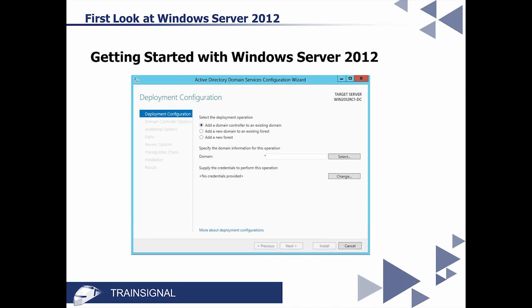And here is something that Microsoft really wants me to point out. For those of you who have experience with Windows Server 2008, if you're at all bored at this point and thinking, I haven't learned anything, this is one very specific point, and it's a subtle one, but Microsoft wants this emphasized because you will find a lot of these throughout the operating system.